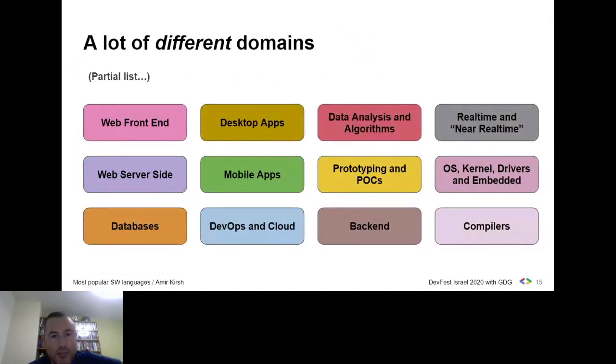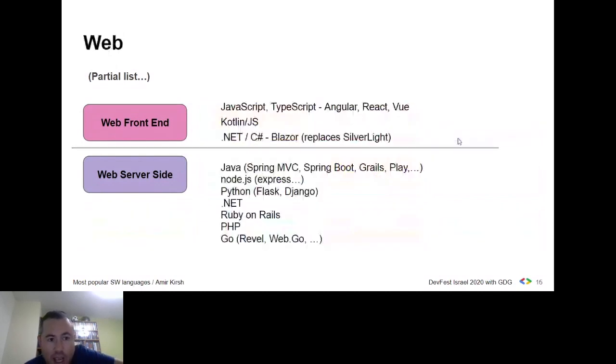So there is a reason that different languages behave differently or focus on different things, and the selection is domain specific. For example, if we are programming for the web, we will have a web front-end tier and a web server-side tier, and we'll select the proper technology or programming language for each tier. It might be the same. For example, if we pick JavaScript, we have a JavaScript possibility for both sides, or Kotlin, or C# with Blazor. But it might be another language for the web front end and the web server side.